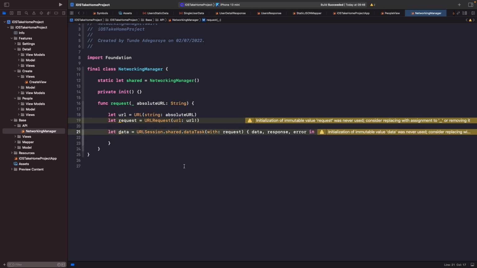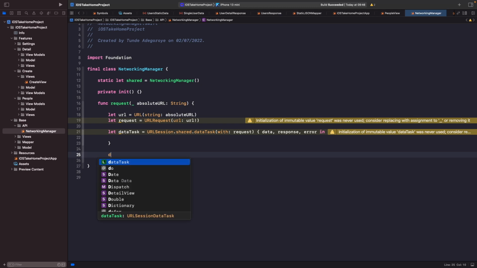Now what we're going to do is actually make this a bit better. So we're just going to call this dataTask. Cool. Sweet. So now, before you actually type out any of the code within your closure, the first thing that you should always do so you don't forget, it's actually called resume on URLSession. So after your data task, you just want to say